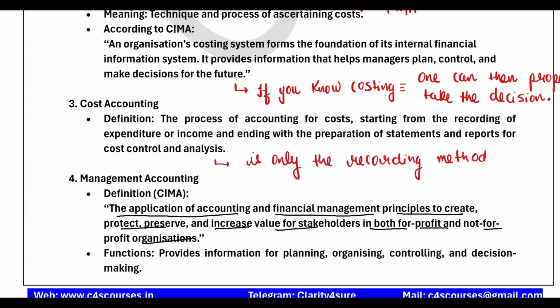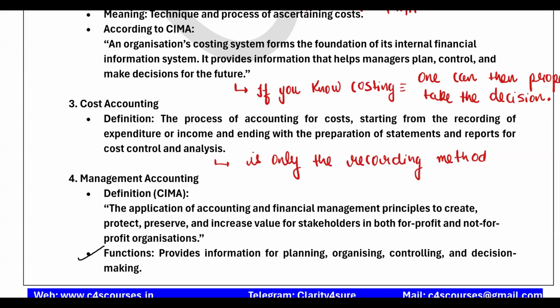How can we manage, how can we interpret the data that we are having, how can we analyze it, and the final step of financial accounting is communicating. So how can you communicate to your stakeholders? Cost accounting will only talk about cost ascertainment, right? But financial accounting will talk about all the financial things, and finally it will communicate to the stakeholders. So management accounting is the comprehensive framework of financial accounting and cost accounting. I hope it is clear now.